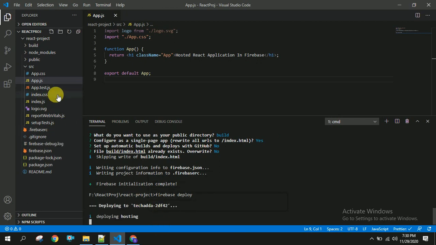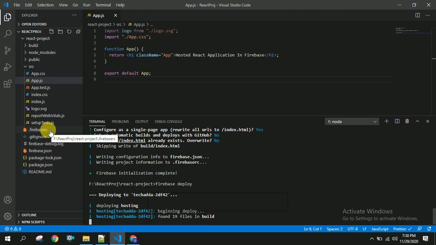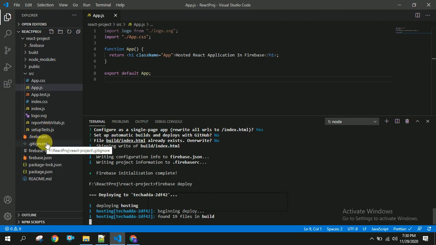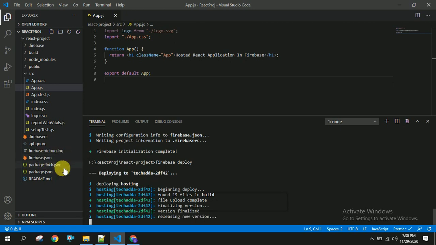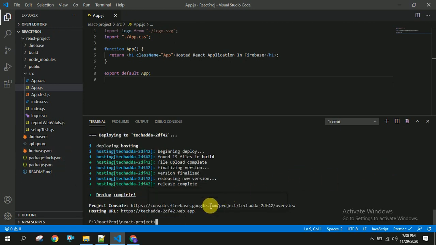You can see here there are other files created, .firebaserc and firebase.json, firebase-debug.log, like this. Yeah, our project got successfully deployed. You can see the URL here.